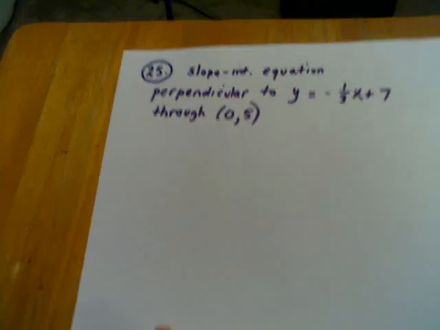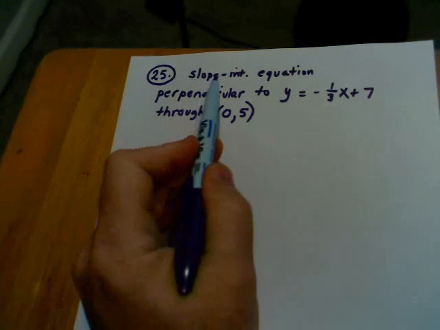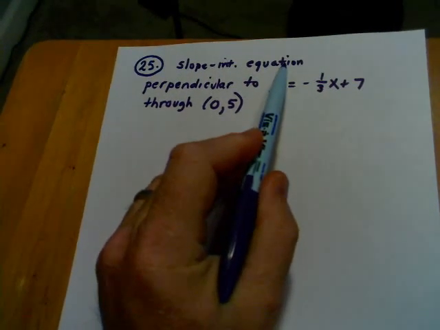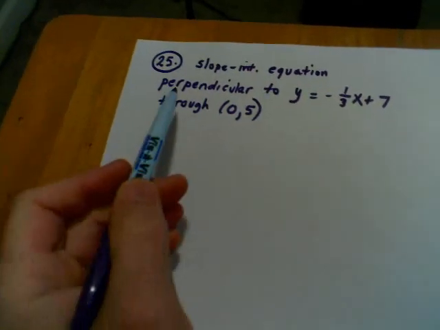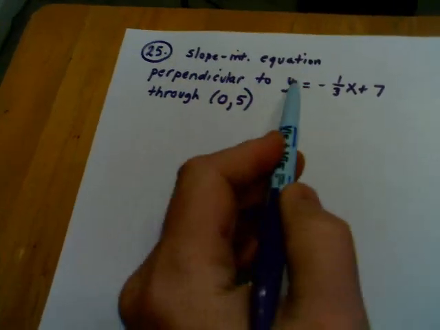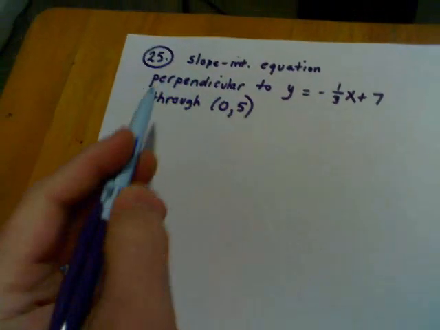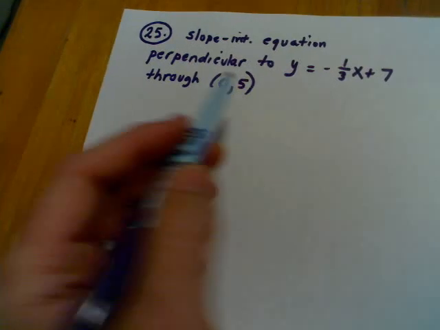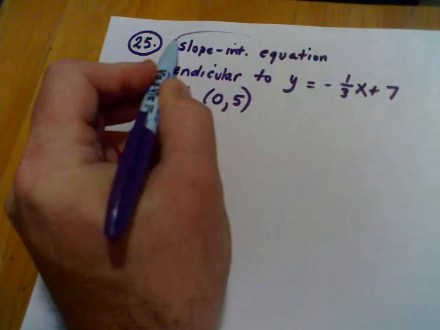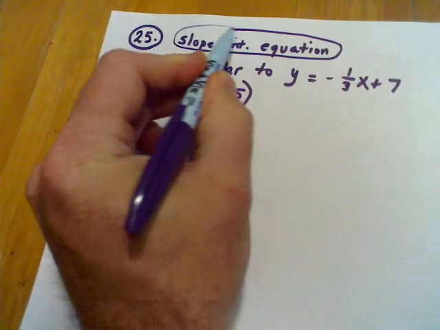What we're asked to do in problem number 25 is find the slope-intercept equation of a line, and we're given two pieces of information. The line that we're looking for is perpendicular to the line with this equation, and the line that we're looking for passes through the ordered pair 0, 5. Now, as I said in question 24, and I'm going to reiterate it here,